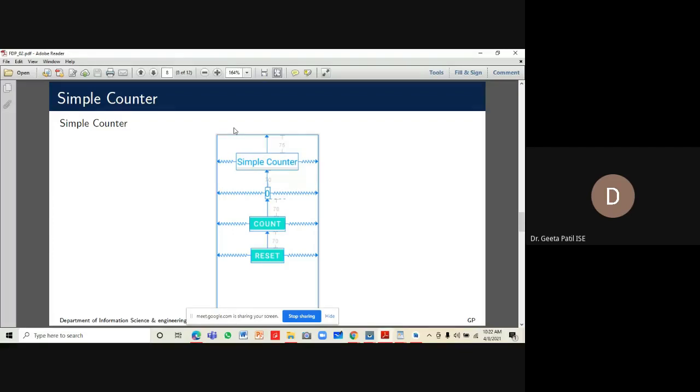Let's say I'm doing a breathing exercise, and I want to count how many breathing cycles I have completed. After completing a breathing cycle, I'll click on this count button, and when count is clicked, the count of breathing should be displayed and incremented. Initially the breathing count is set to 0. When I click on count, it will become 1. Next time I click on count, it will become 2, and so on. When count is pressed, the counter value is incremented, and with reset, the count value should be set to 0.